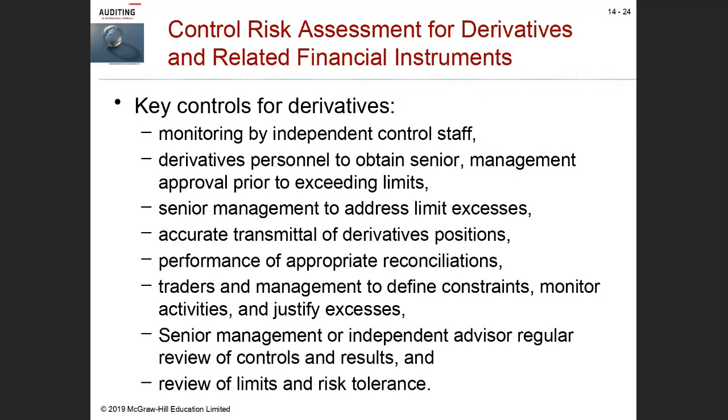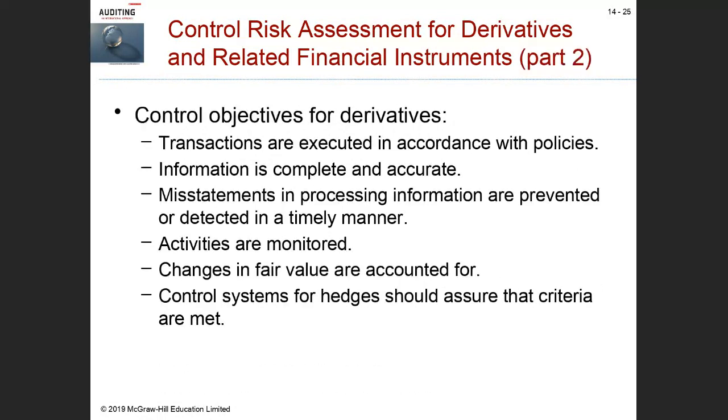So if we're saying the traders dealing in derivatives are limited to X dollars, right? That should be reviewed on an ongoing basis in light of our risk tolerance. Maybe our risk tolerance decreases, right? Which means we should be taking less exposure in derivatives. So these are all common sense controls, which unfortunately didn't exist back in the AIG days, but of course have been developed when things go bad, and we learn and we develop new controls.